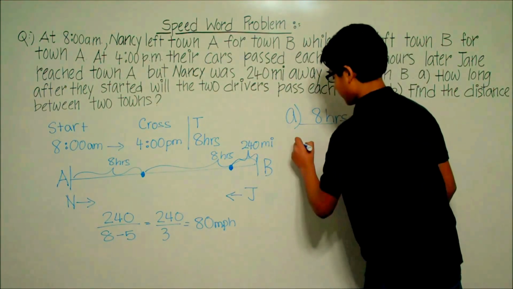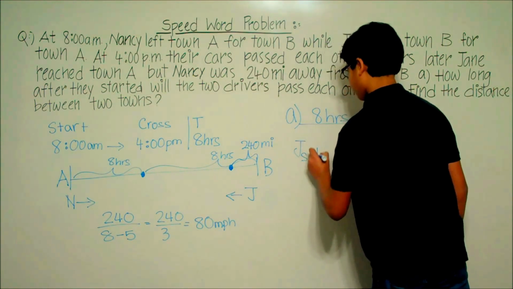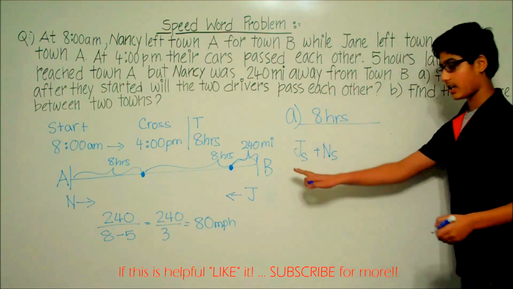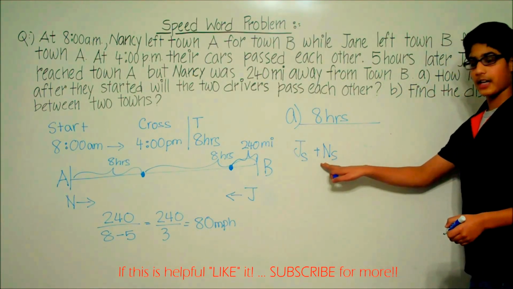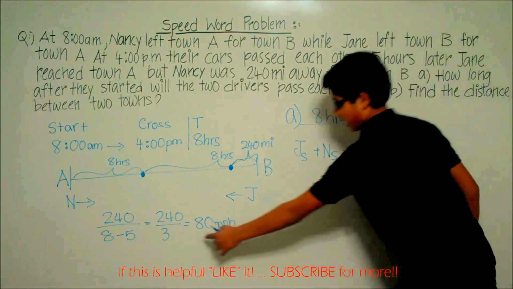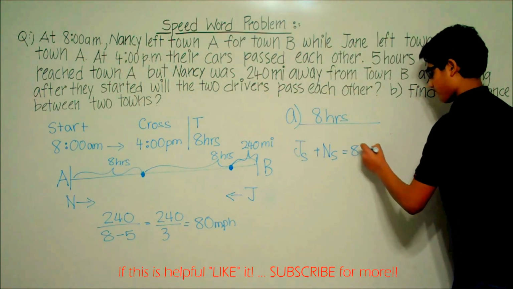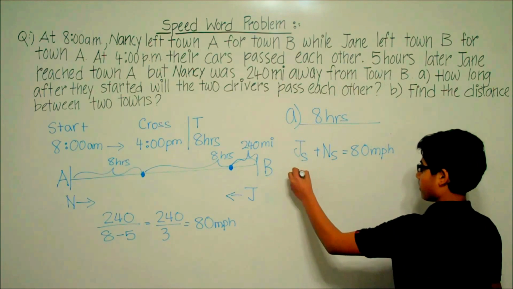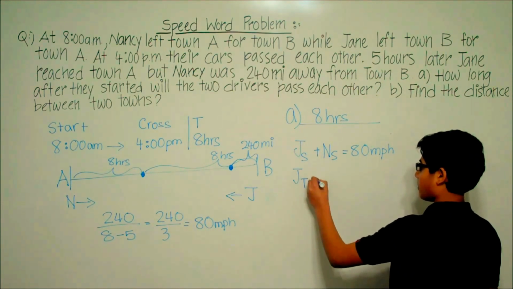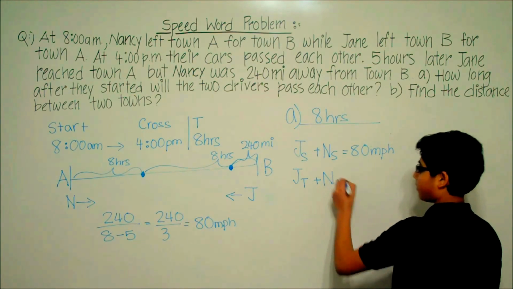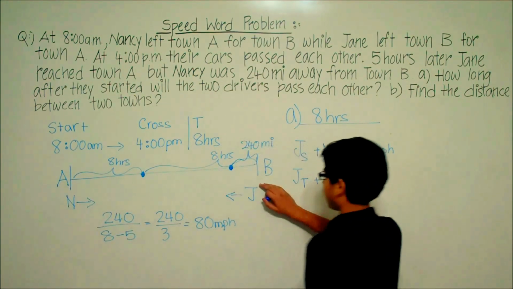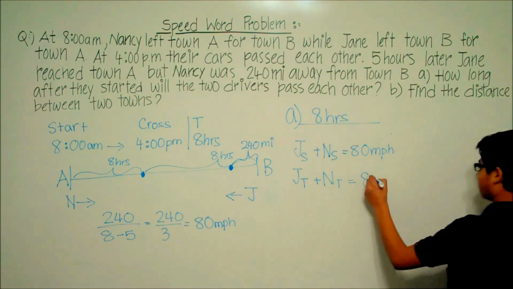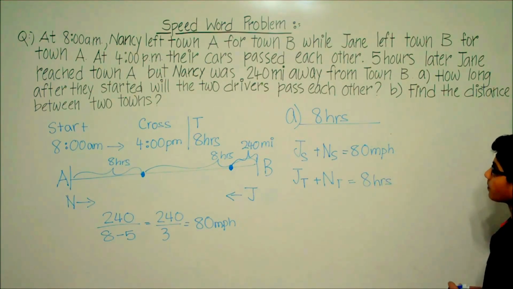So this means that Jane's speed plus Nancy's speed, J for Jane, S for speed, plus N for Nancy, S for speed, is equal to 80 miles per hour. And Jane's time plus Nancy's time to travel from A to B is 8 hours. So this means